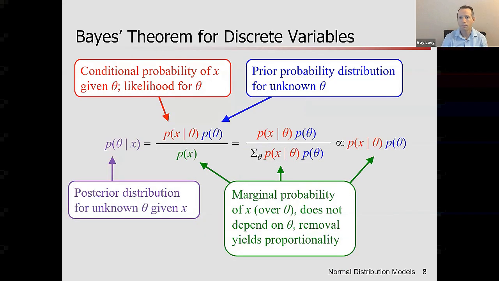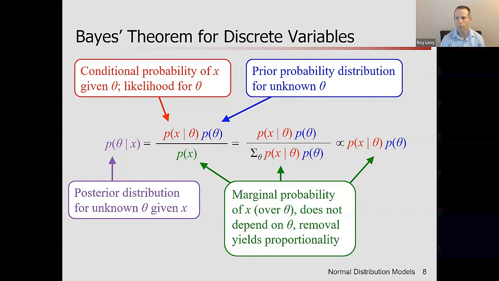Here is Bayes' theorem written out for discrete variables. On the left-hand side, there's our answer, the posterior distribution. That's what we're often after. And then looking at what that's equal to on the right-hand side, let's see, we have the term in red